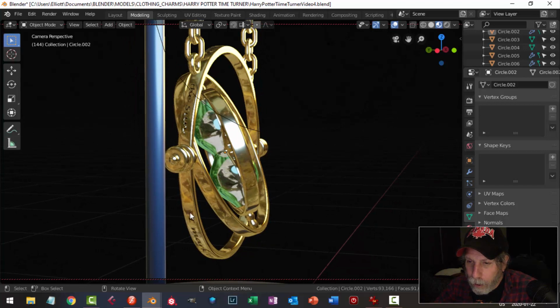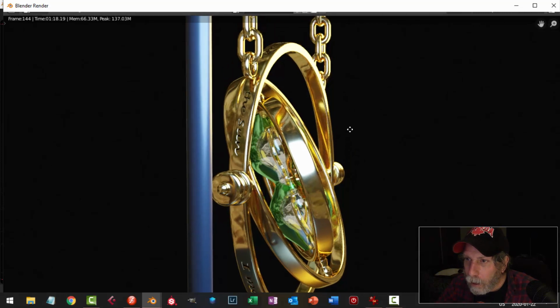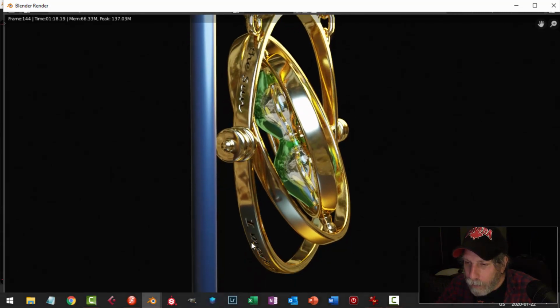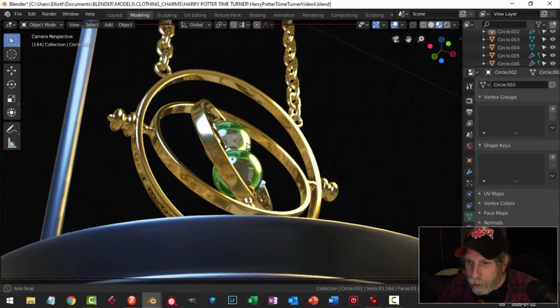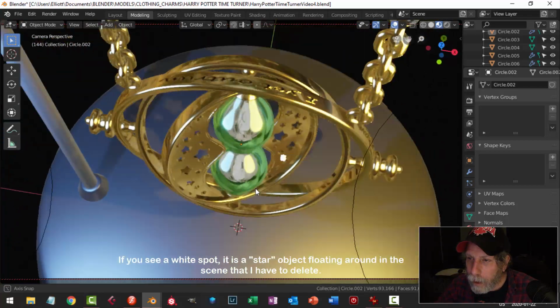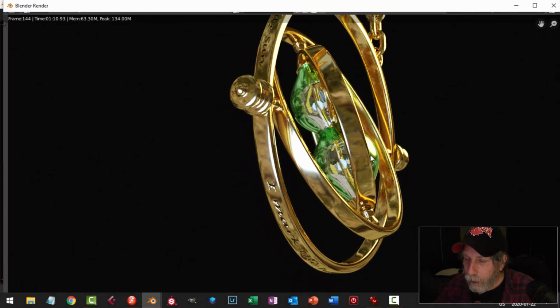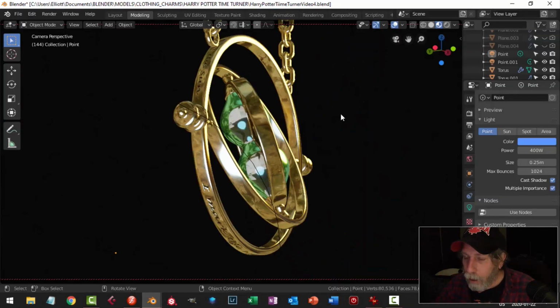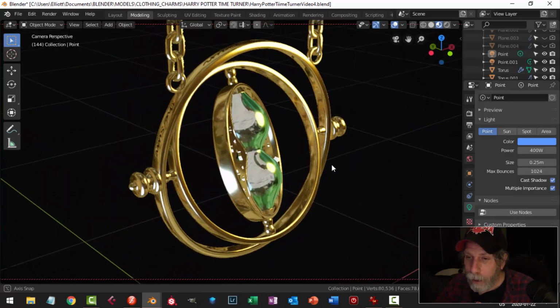So we see a little bit of this text. You could stretch this out if you wanted to. Let's just try that. We can see I mark the hours, and we can see the sun there. A little bit of text there. You might want to have this a little bit less pronounced if you didn't want it pushing out that much. And that's the basic idea. All right, just one more view without the base showing. We got some text here, and we got some text there. So that's basically how you could go about doing the text there, and then I would probably just repeat the same process